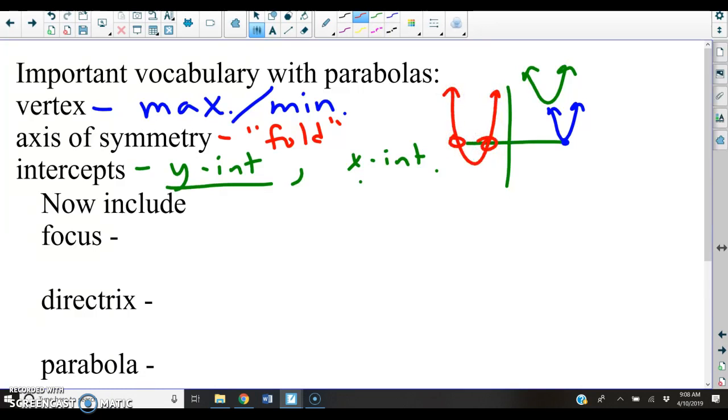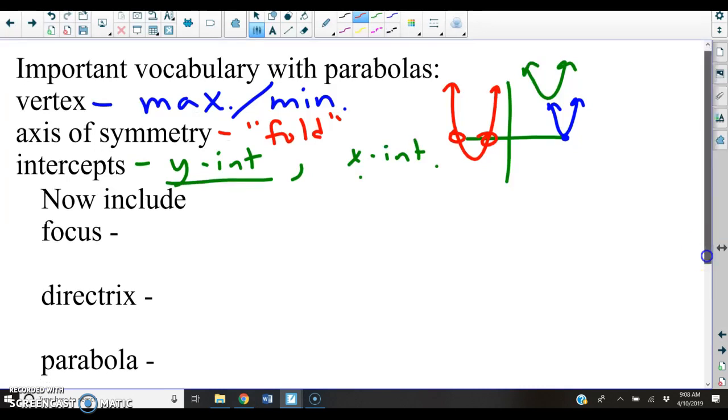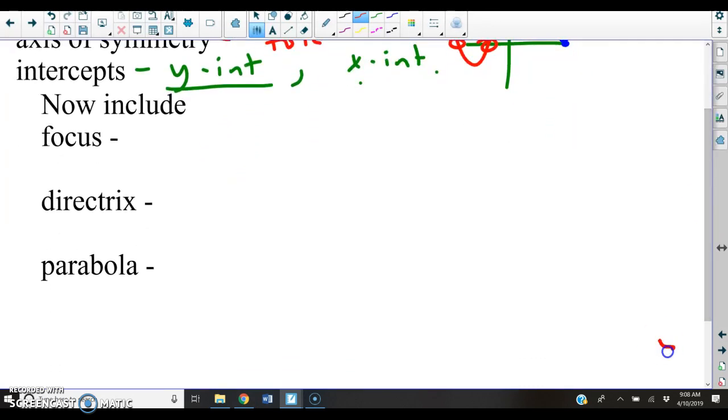So, all right, now what we're moving toward is including focus, directrix, and then of course you know what the parabola is. Okay, a focus is, okay, let's take a look at the definition of the parabola first. New definition. Basically we've thought of a parabola as the equation of a quadratic when it has been graphed. Okay, but a parabola is the set of points